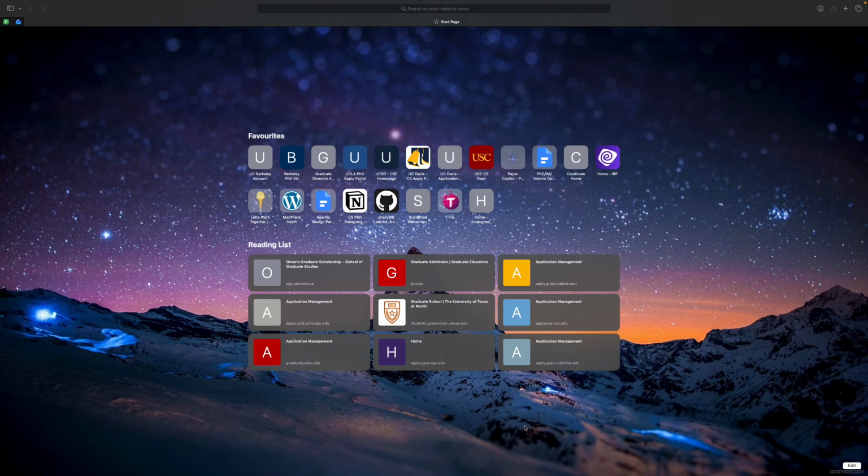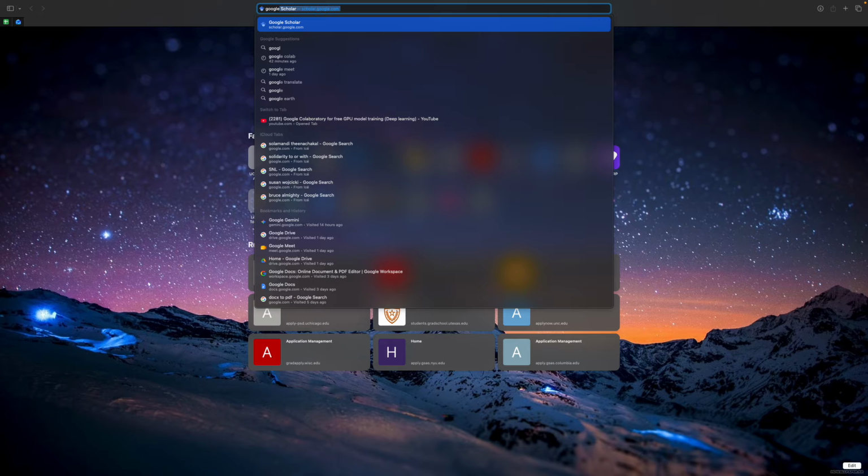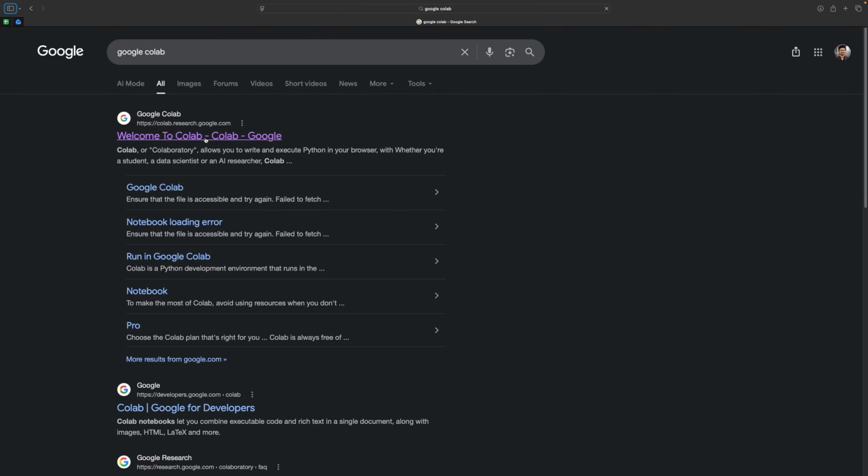So we can choose two methods. We can code offline or online. For now, I'm gonna show you the easiest way you can code online. Just search Google Colab and go to Colab,